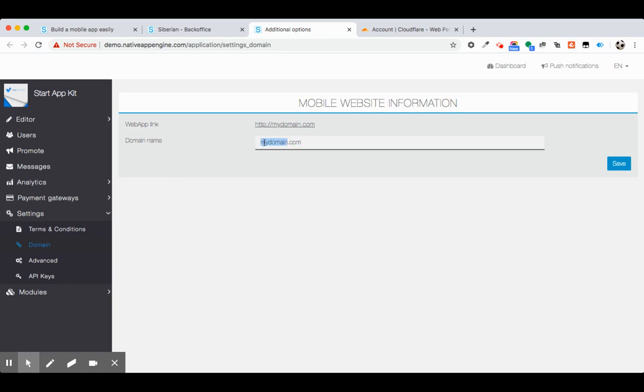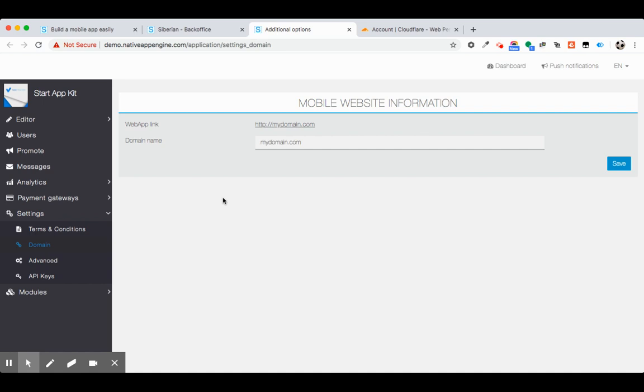For example, I have added mydomain.com, and if you save, it will just say success. In this step, I have told my Siberian CMS setup that this mydomain.com should be mapped to this app actually.